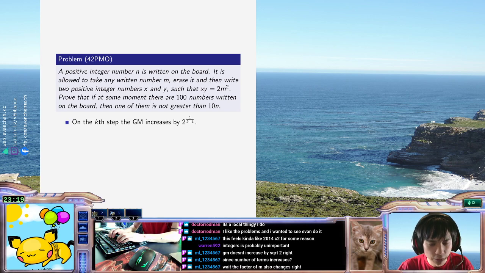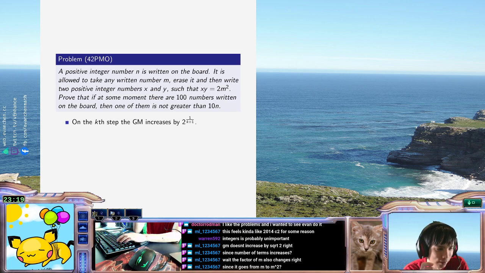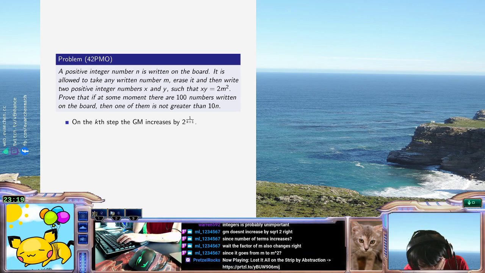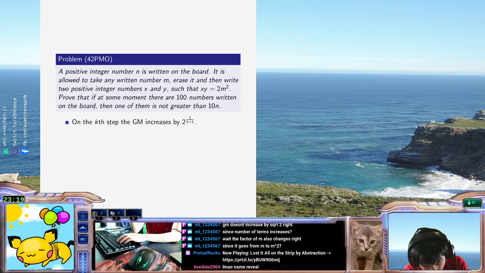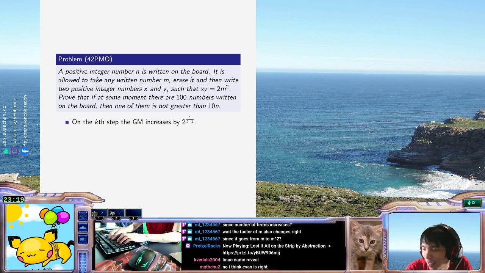The factor of m also changes. Oh, god, never mind. Alright, Max is right. I can't just choose this. Is that true? Yes. I'm so bad at this. Alright, okay. So,